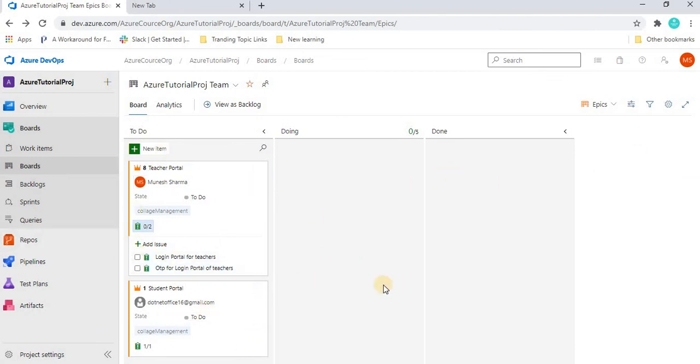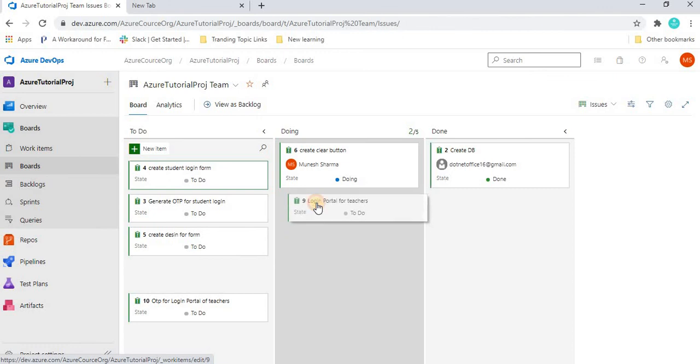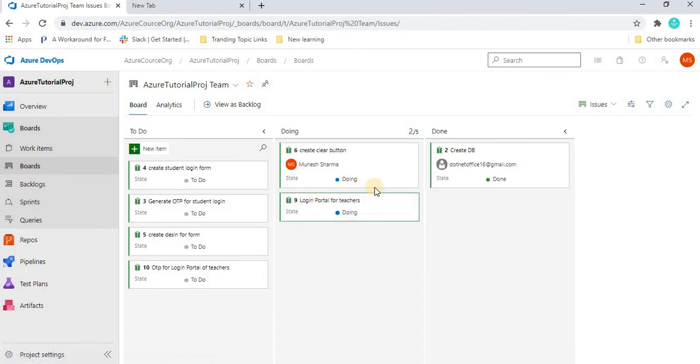In that manner we can manage our board for the basic process of Azure Boards. When I click on this and click on the issue, we can see the issues we have just created, like OTP and all these things. If you want to do anything, you can click here and start working on this, and we can assign it.